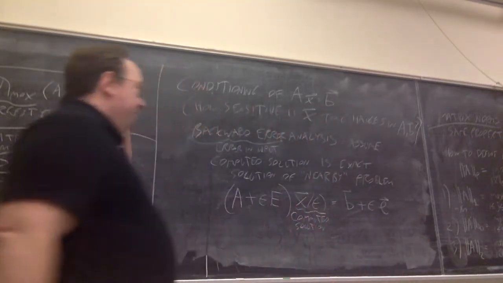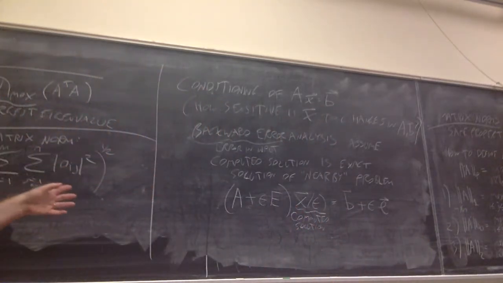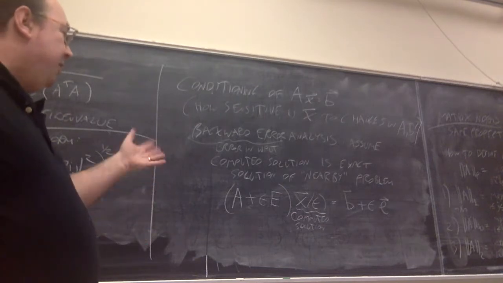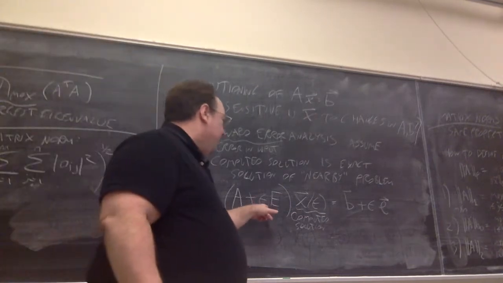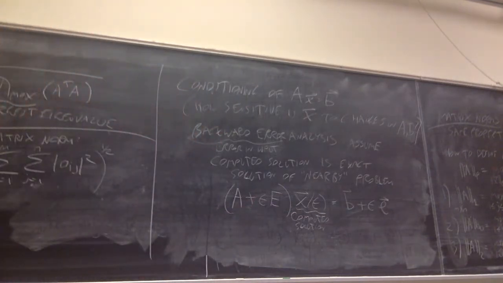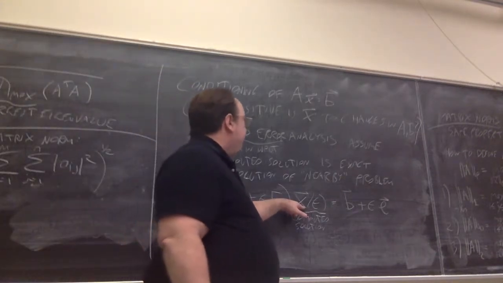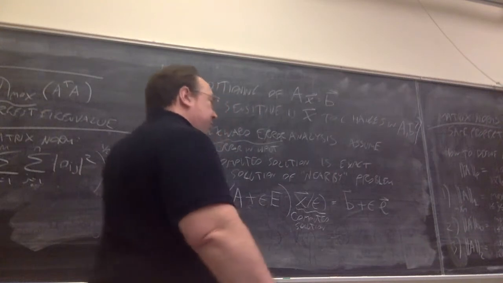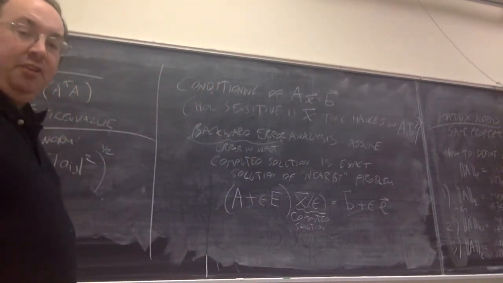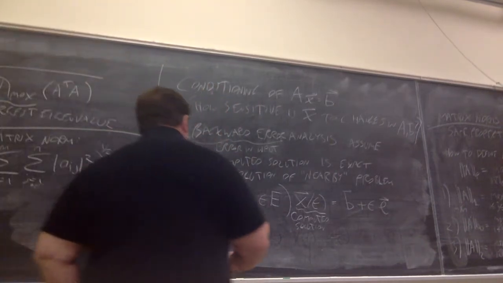So in other words, both the matrix A and the right-hand side B are thrown off by some perturbation. So epsilon is assumed to be hopefully some small value. And the exact solution of that is the solution we compute to the original problem, AX equals B. So what that would mean is,